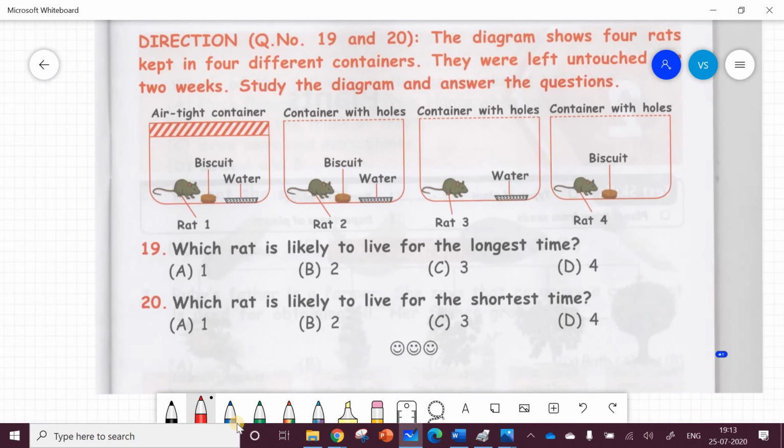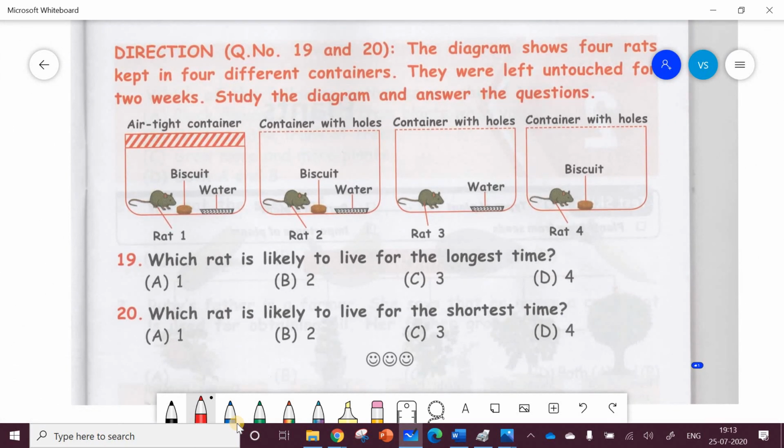Next. Now, this is the last one. Yes, these two questions are the last one. We are coming to the end of our session. This is 19, both the questions are there, 19th and 20th. It is related to the same experiment. Let's see what we have. So, let's try to read it. It's the same one, the rabbit one.